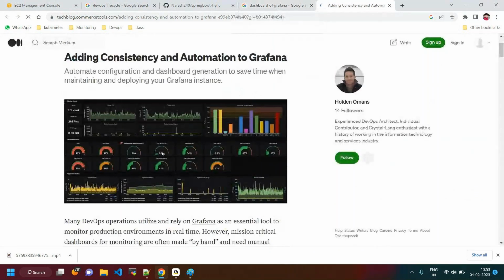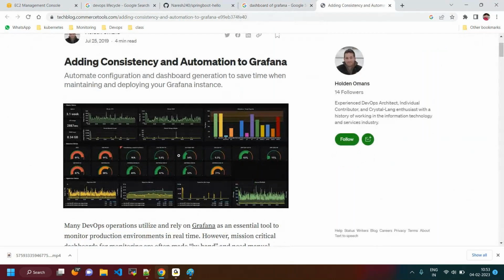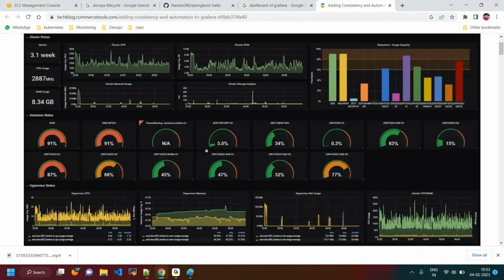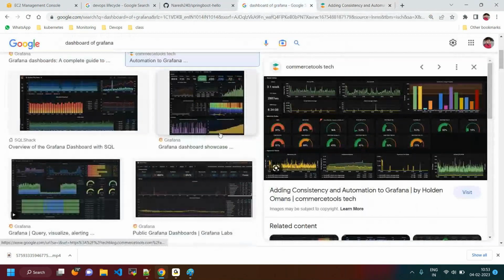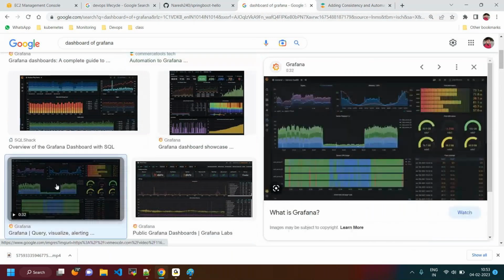Okay, I'm just increasing the size of this particular image, and we can see at what time this particular spike goes down, and at what time this particular spike comes up. Because this is CPU utilization, you can think one side is CPU utilization. If it is a graphical representation, we can easily understand what is happening here. Okay, I will give you some other image which has CPUs and memories.